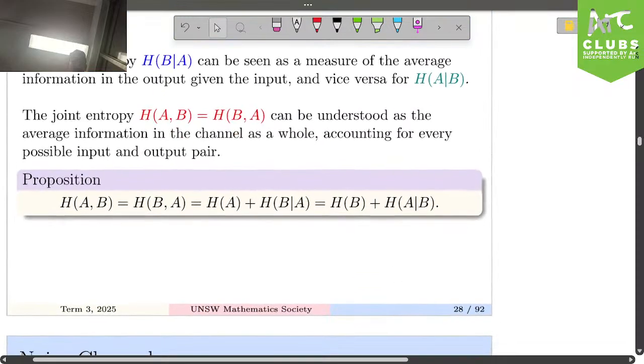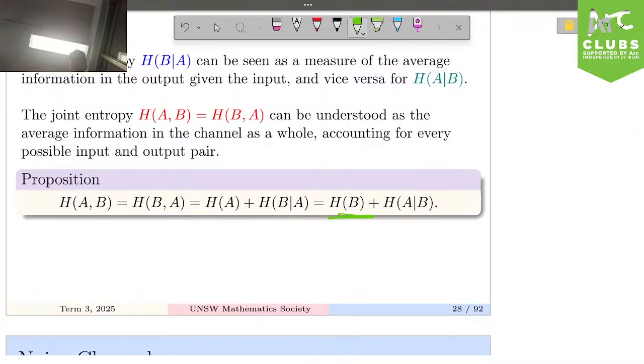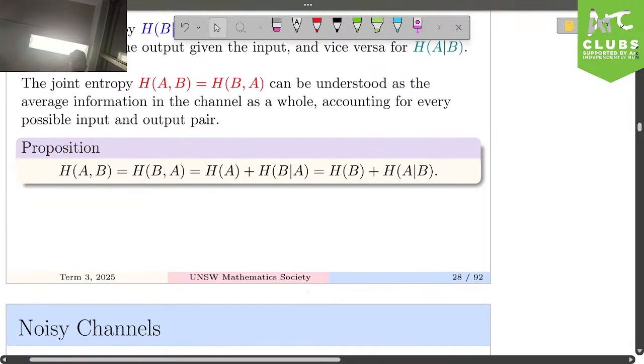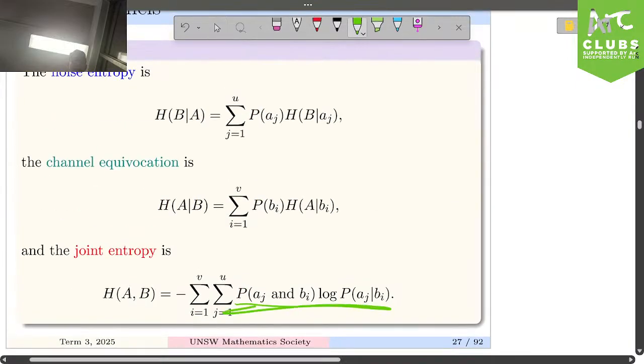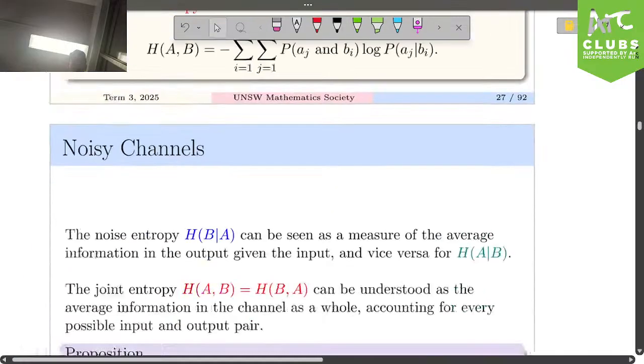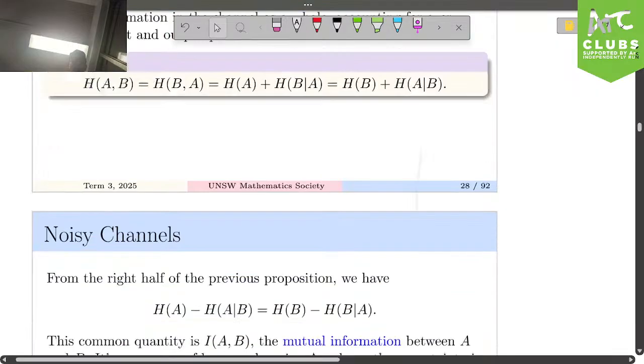You can also have these types of propositions where you could say the joint entropy would be the entropy of the set of sinks plus the conditional entropy of A, given that you know what the sinks are. Okay? Which is quite nice, and likewise it's symmetrical for A as well, and also if you flip it around, because there's really no difference between A and B here. Bayes' rule would help you with that, and they would be the same this way. There's the symmetry here, which is nice in terms of A and B.